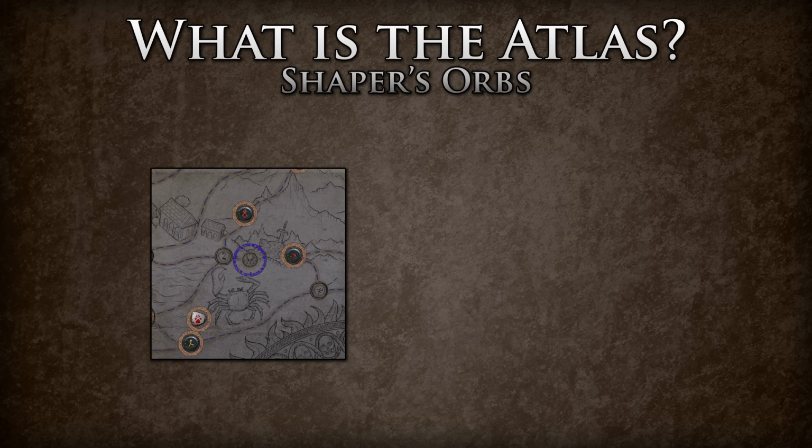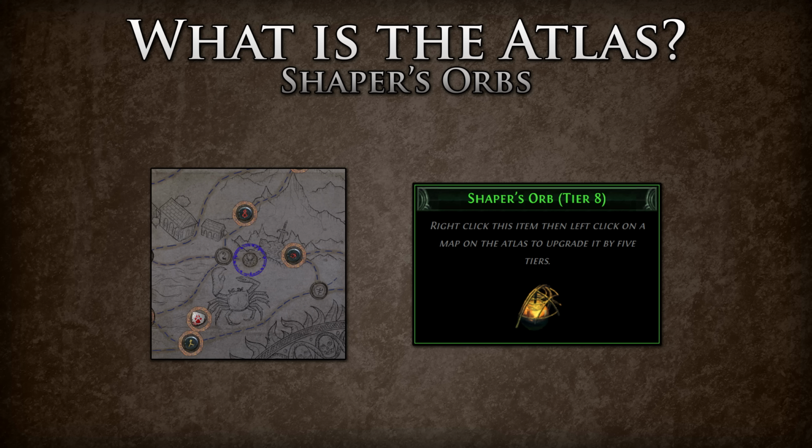Some maps will also have a blue circle around it. This indicates that the map contains a Shaper's Orb. This orb can be obtained by completing the map base's bonus objective. A Shaper's Orb can then be used to shape a map tier of the listed tier on the Shaper's Orb